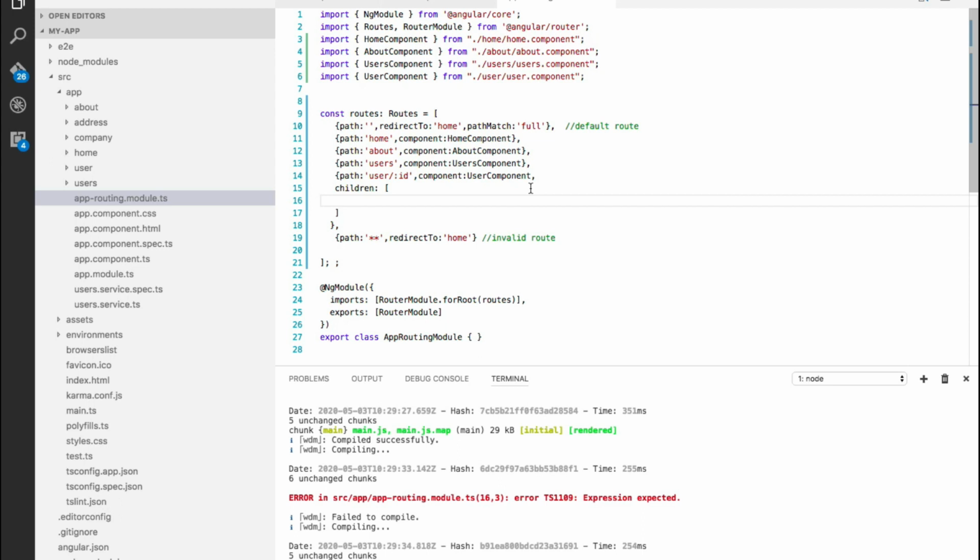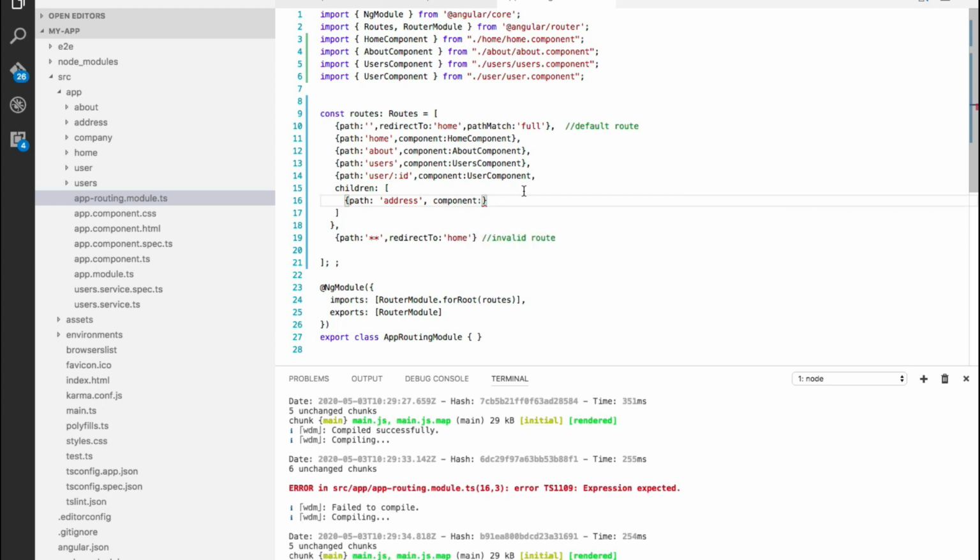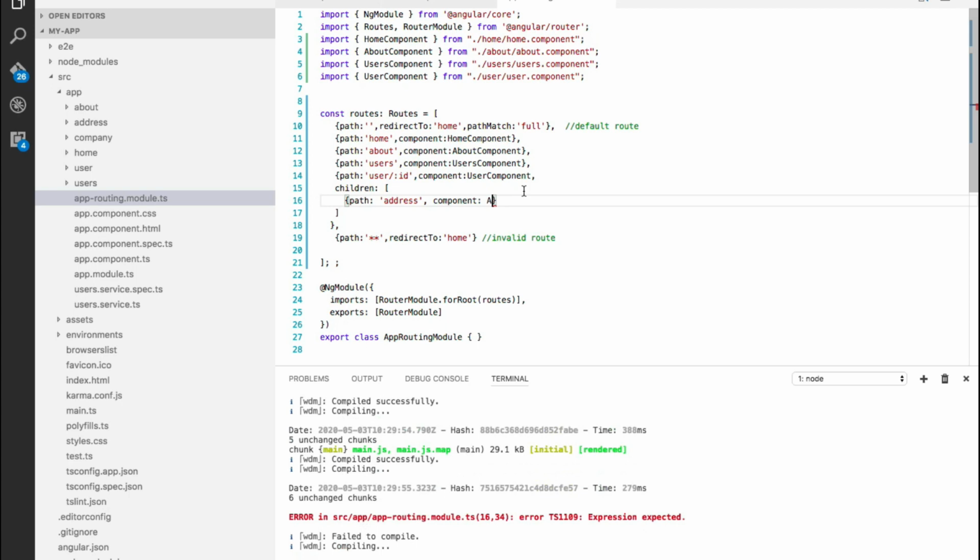And the syntax of defining a route will be the same as we have for the other ones. So first we will create one path for address, and when the address route is called, we want to call a component with the name of address component.